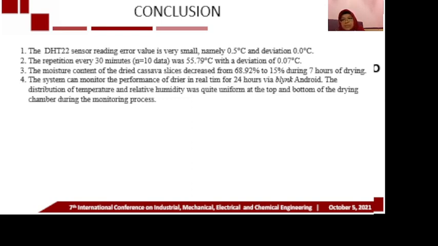The conclusion. The DHT22 sensor reading error value is very small, namely 0.5 degrees Celsius, and the deviation is 0 degrees Celsius. The repetition every 30 minutes was 50.79 degrees Celsius, but the deviation is 0.07 degrees Celsius. The moisture content of the dried cassava slices decreased from